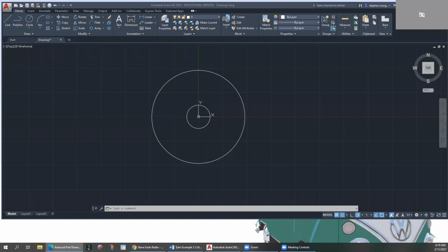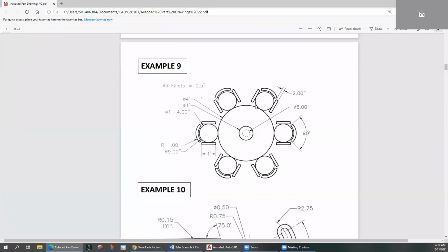I highly encourage that. And then if you get stuck, come on back and you can see how I went about drawing this. So I'm just going to drag this over here. So here's example 9. The way I'm going to approach this is I'm going to first draw this table, and then I'm going to draw this chair over here. I'm going to draw the base of the chair that's tangent to the table, basically. And then I'll draw the back, and then I'm going to